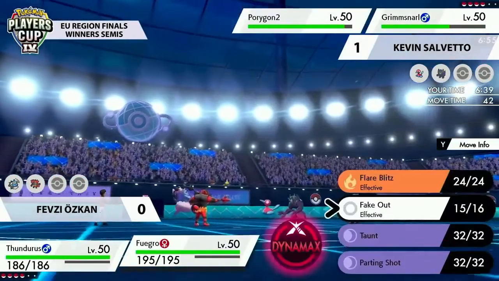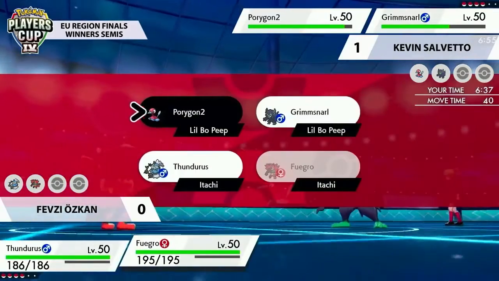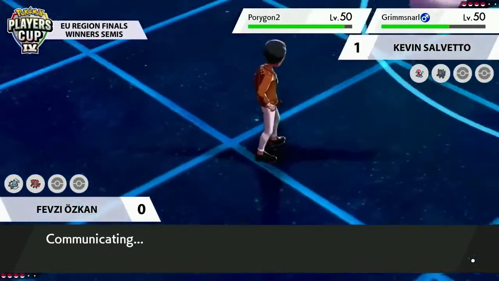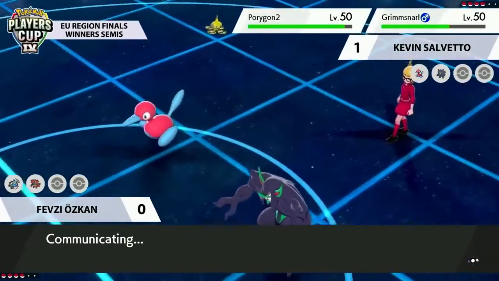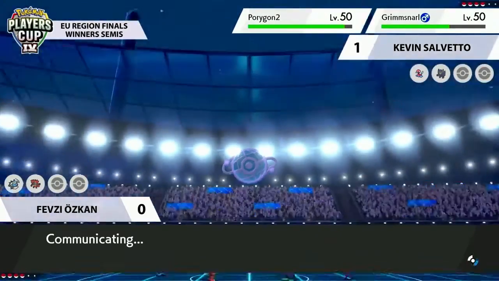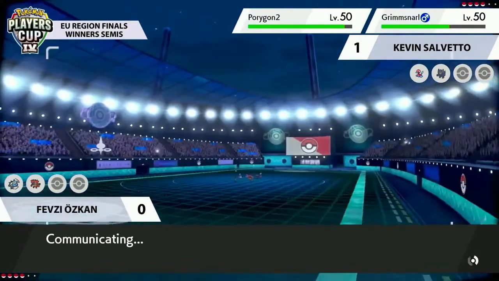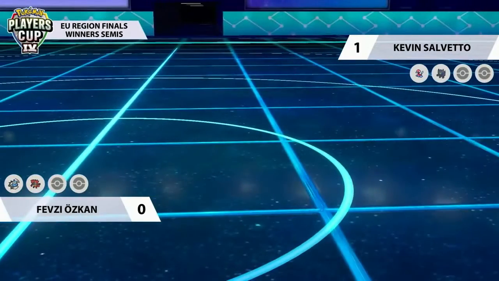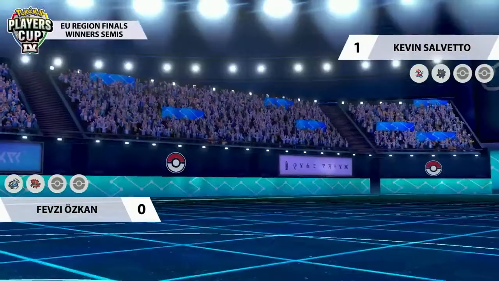into this Grimmsnarl. Well, only one Taunt available now for Fevzi, but still an option that he can go for and should be feeling pretty confident about. The Thundurus' move pool is now a little bit more limited, obviously taking away the Taunt and any of those Prankster moves that the Thundurus would love to use to cause chaos. But Fevzi seemed confident and comfortable to just start throwing out Thunderbolts, start dealing some damage as things were switching